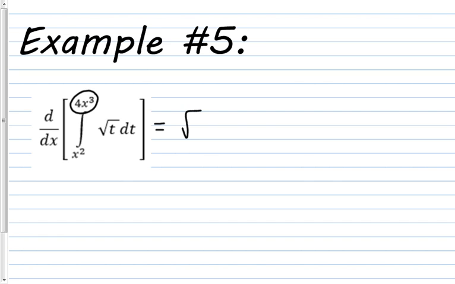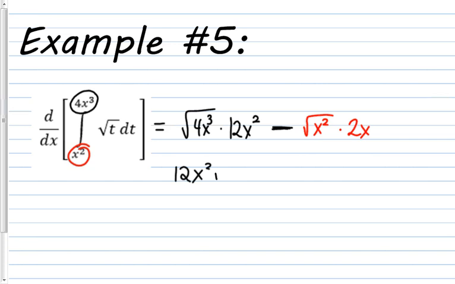So it's the square root of 4x cubed times the derivative of that, which is 12x squared, minus, and so now we're going to do this one, the square root of x squared times 2x. And this could be simplified. I'm not going to worry about it too much, the simplifying part anyway. But I'll go ahead and write 12x squared over the square root of 4x cubed minus